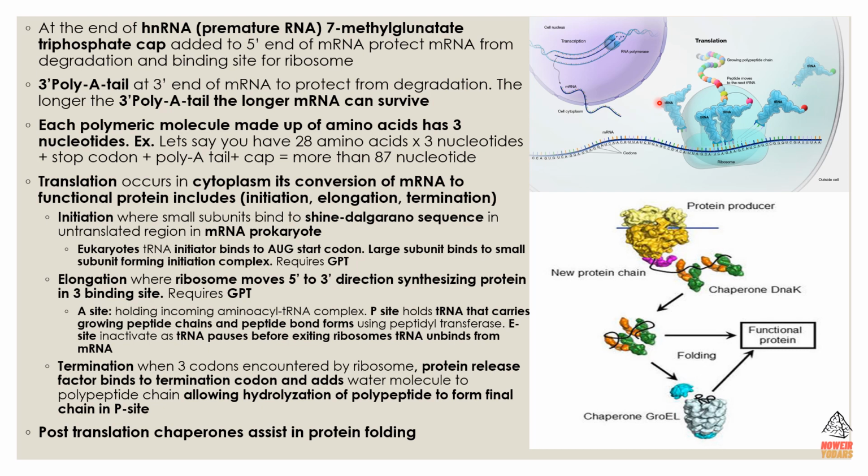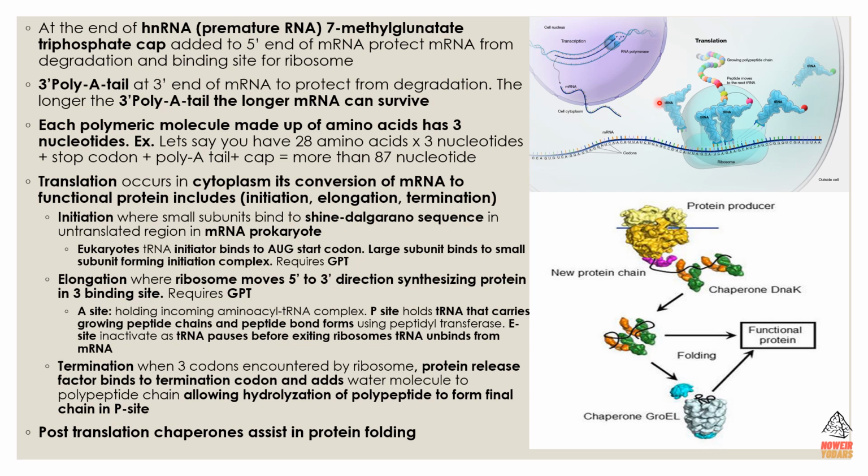And then elongation is when the ribosome moves along the mRNA in the 5 to 3 direction and synthesizes a protein in the 3 binding sites, and then it requires GTP. So the mRNA is basically amino acid information to synthesize the protein, and the tRNA is in between the mRNA and the polypeptide chain, so it can keep on increasing the polypeptide chain. So we got 3 sites in the elongation, right? And now we're in the E part.